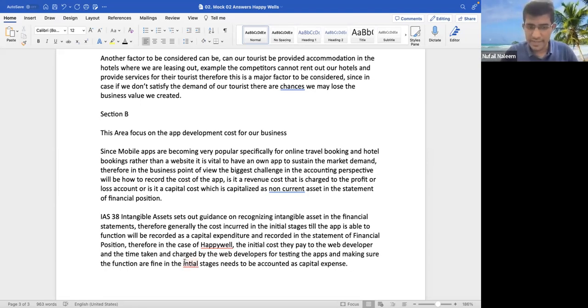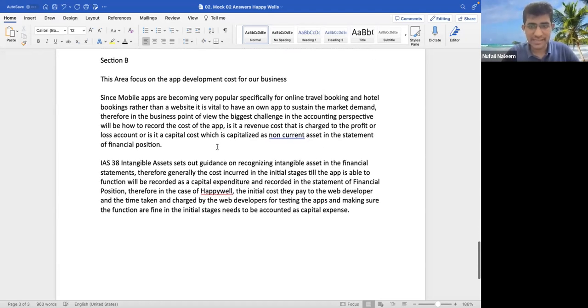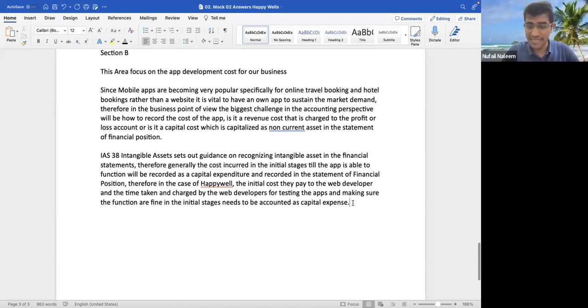Students, are you clear with this? Can I get a confirmation from you all in the chat box? If you are clear with this explanation, students, of this IAS 38 guidance, that is all the cost incurred until the asset is ready for working condition should be treated as capital cost. I believe that is very, very, very clear for the students at the moment. So I'm going to write down here, subsequently, the